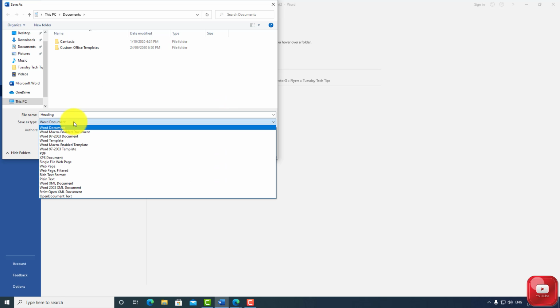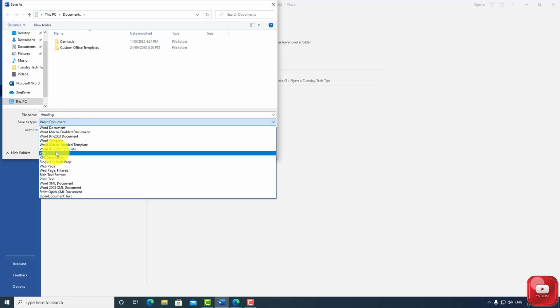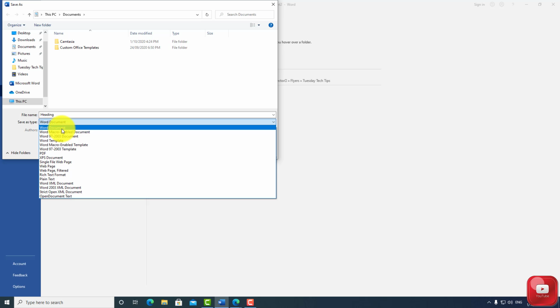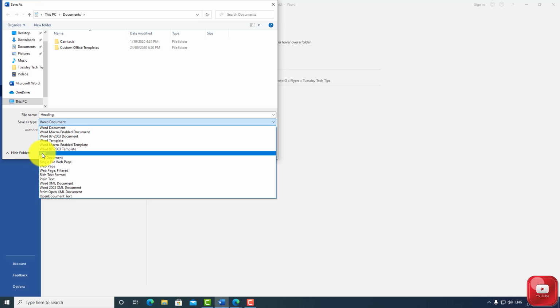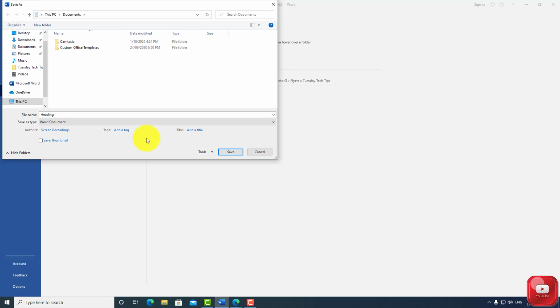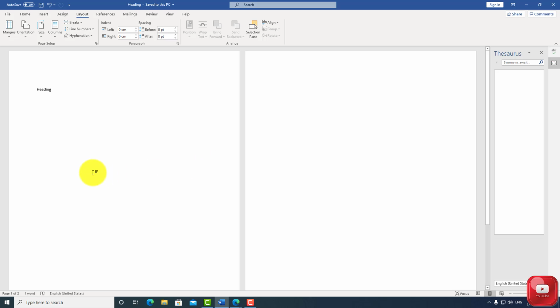And we can pick what file type we're going to save it as. Generally, with Word, you'll save it as a Word document. Another popular one is PDF. Save. Now, if I make changes to this document,